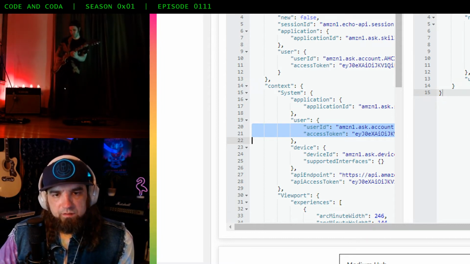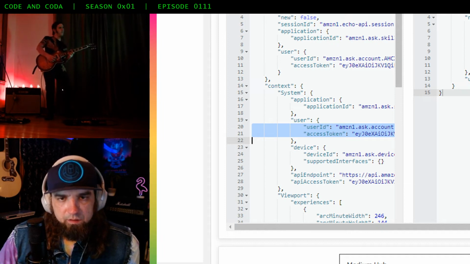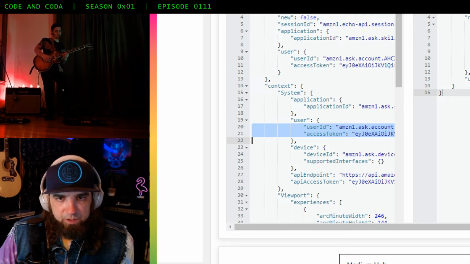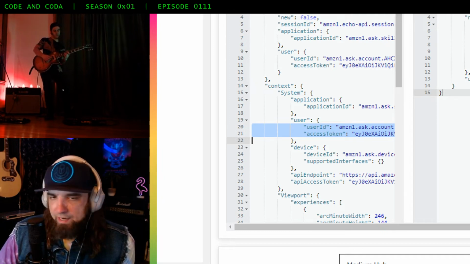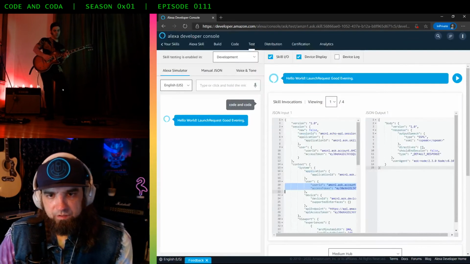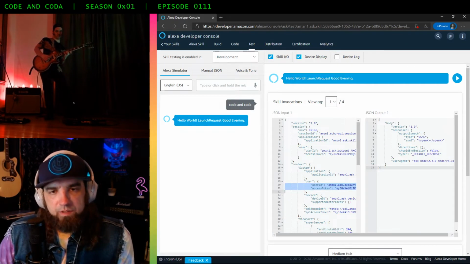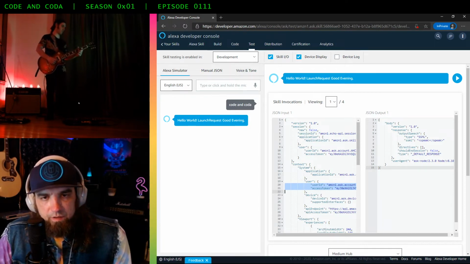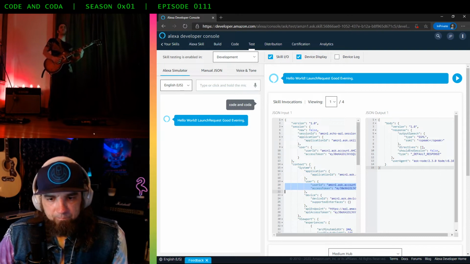So this request is being sent to our web application with an access token. That access token is basically our password to access information in Microsoft Graph. So we don't need to do any kind of security consent or logging in with the web application. It's all done already through the Alexa app.